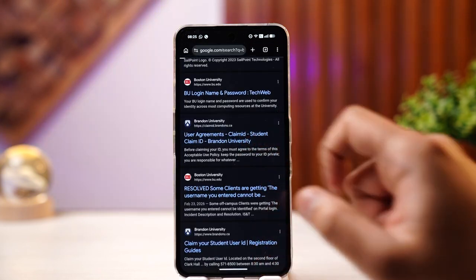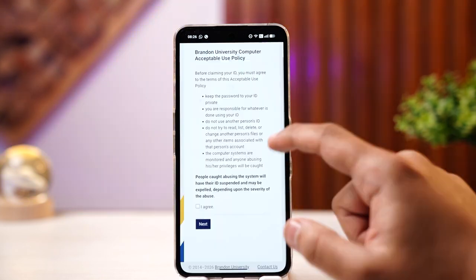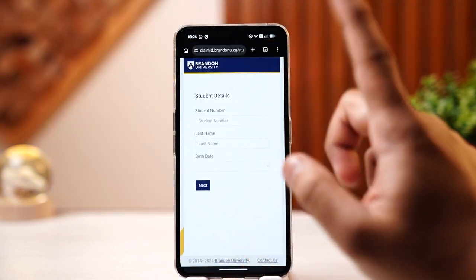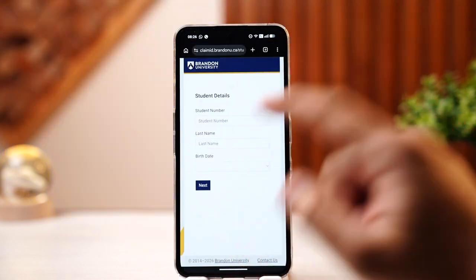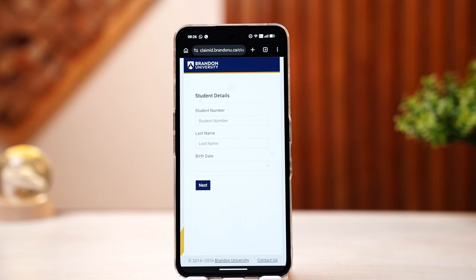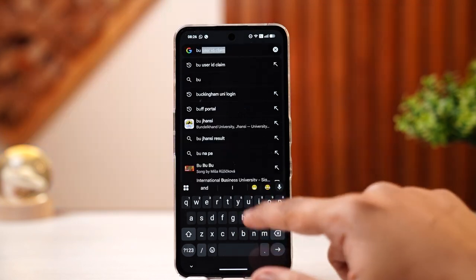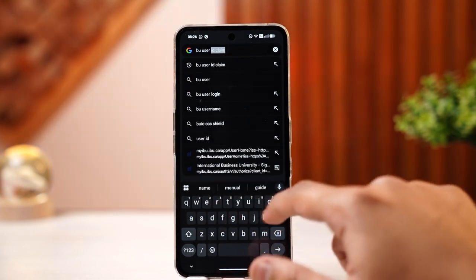the third link labeled Brandon University. Here, hit I agree, hit next, and then enter your student number, your last name, your birth date, and hit next and follow the on-screen instructions to first activate and claim your account. After which, you can head over to the search bar one more time and then type in BU user login,